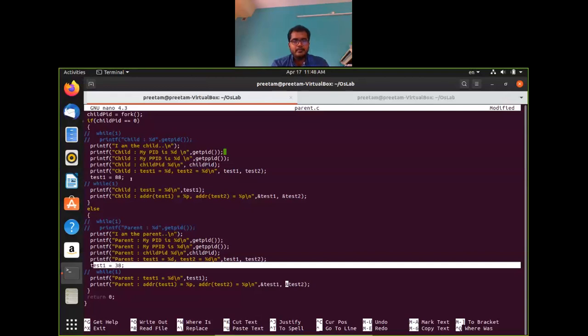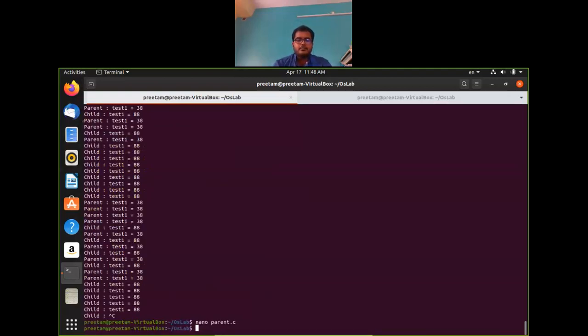So whenever we are printing from child and printing from parent, we are getting two different values. So it is proving us that these two are coming from two different location. Okay, now if I try to print the memory address of these two variables, so this should obviously be different, right?